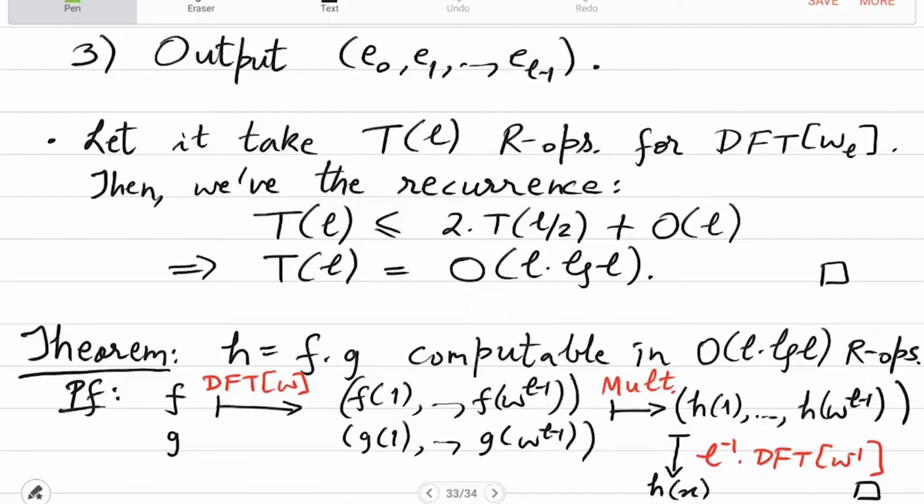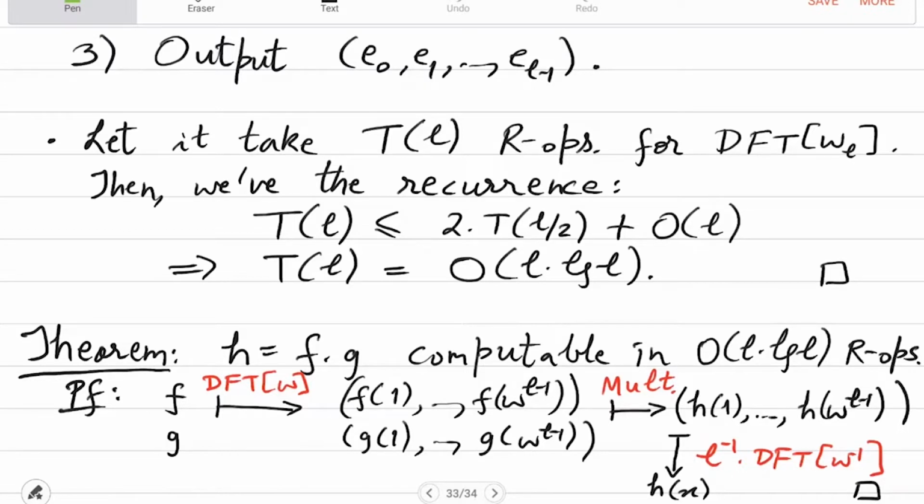So this was ultimately broken down into this single DFT description. So DFT omega is what we described, which is nothing but just evaluating f at Lth roots of unity, which you have to assume is present in R. So you do that, then you multiply the values of f and g, and then you apply DFT inverse.